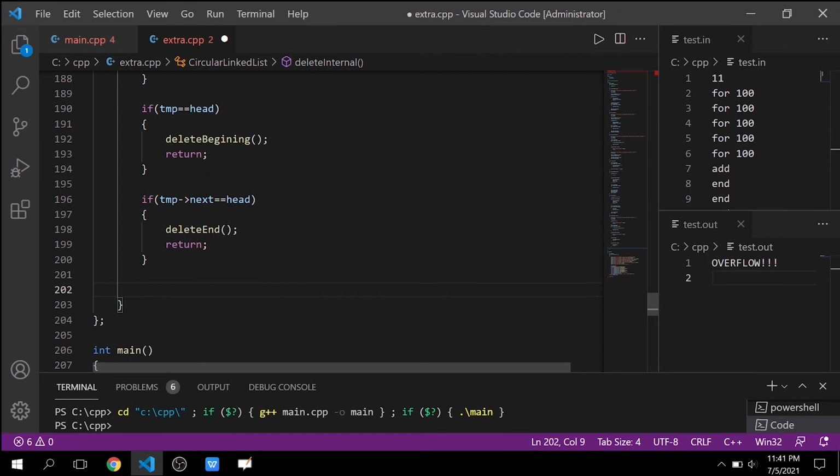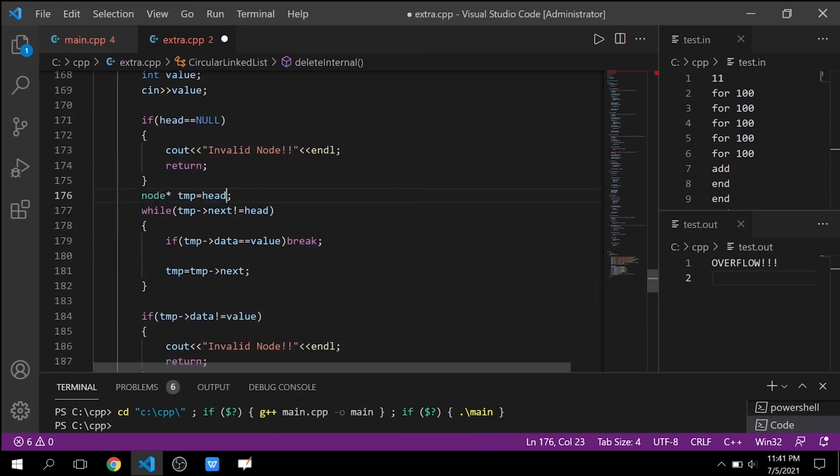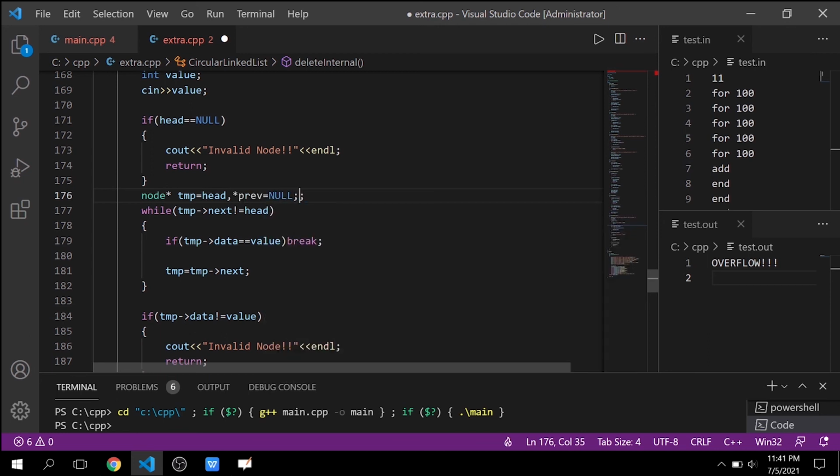So first of all, we have to make the linking of the previous node and the next node, right? So for that we have to maintain the previous node also. We will do it in this way. Firstly it will contain null.